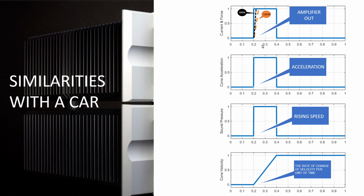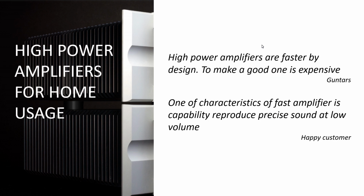The benefit: the amplifier sounds audibly better at low volume. There is all the secret why amplifiers within similar specifications have different sound reproduction capability. And one more thing, our hearing is logarithmic. 40 watt power sounds twice as loud as 10 watts, and 400 watts power twice as loud as 100 watts. Summarizing, the more powerful amplifier is faster and it is essential for accurate sound reproduction, especially when listening at low